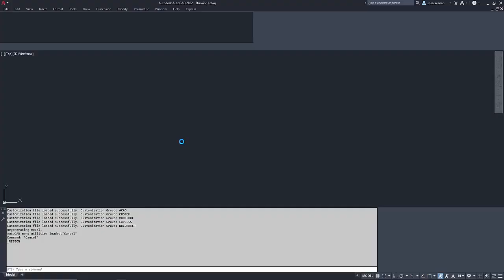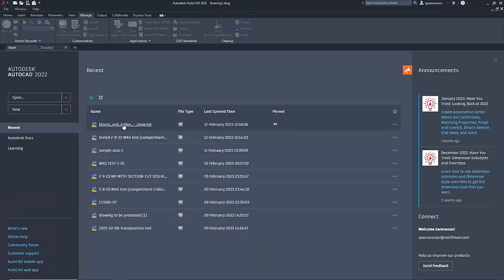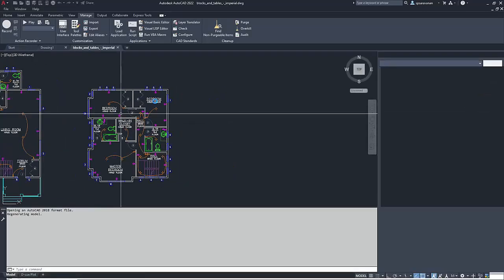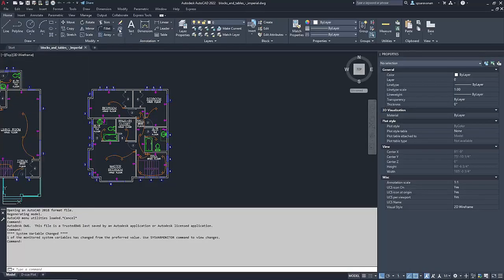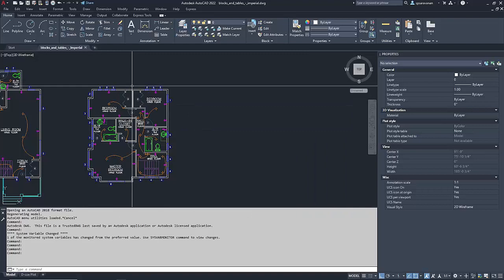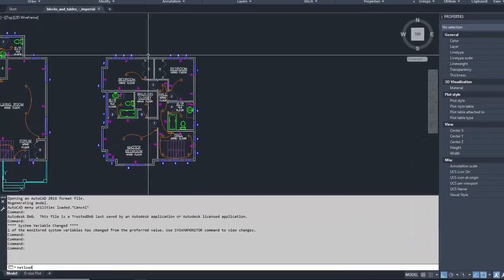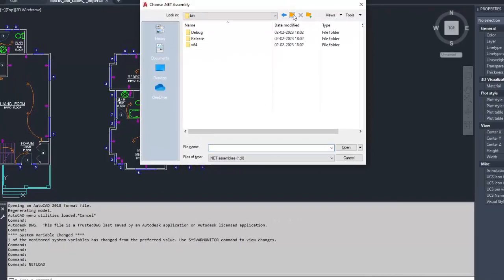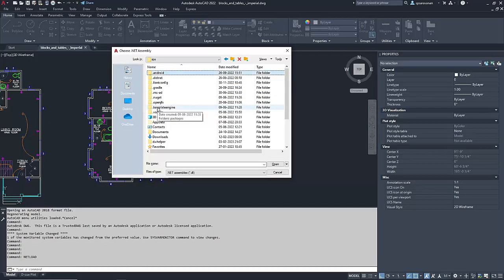Opening AutoCAD drawing and using command netload to load the DLL file. Browse our DLL file and click Open button to load.